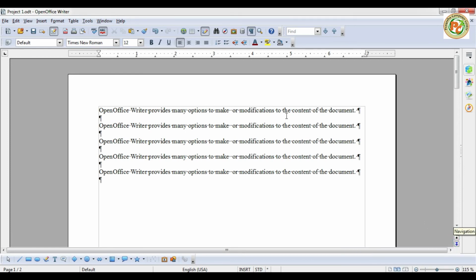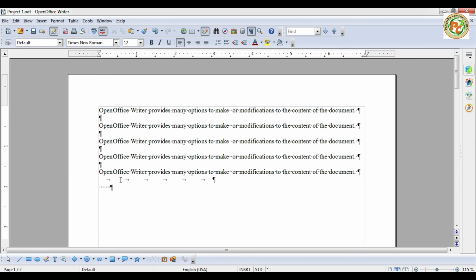Now here you can see this symbol is used for the enter key. These are the enter key non-printing characters. Now in between we have given spaces, so a dot is for the space bar key. And if you use the tab key, then you can see this arrow is the tab key symbol. If you press enter, this is called the enter key symbol, and if you give a space, the dot is called the space bar symbol. So these are called the non-printing characters.